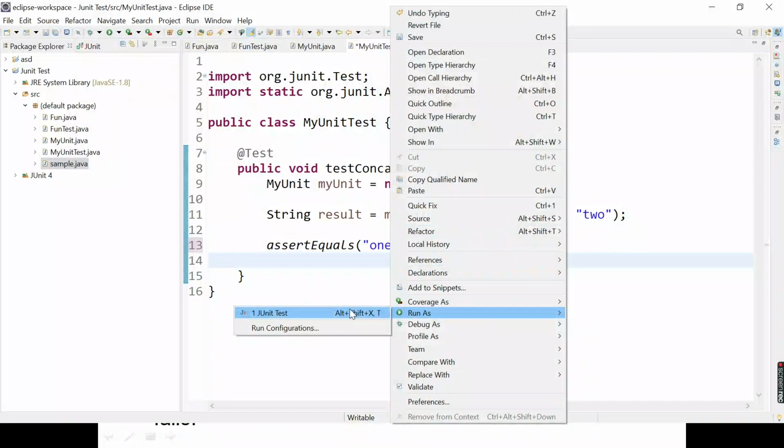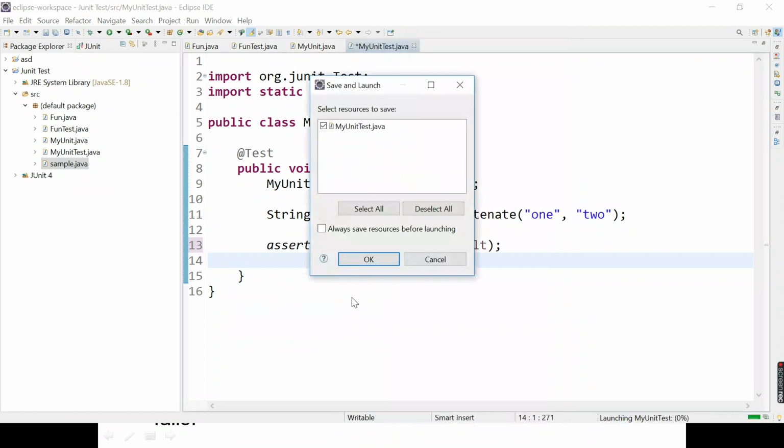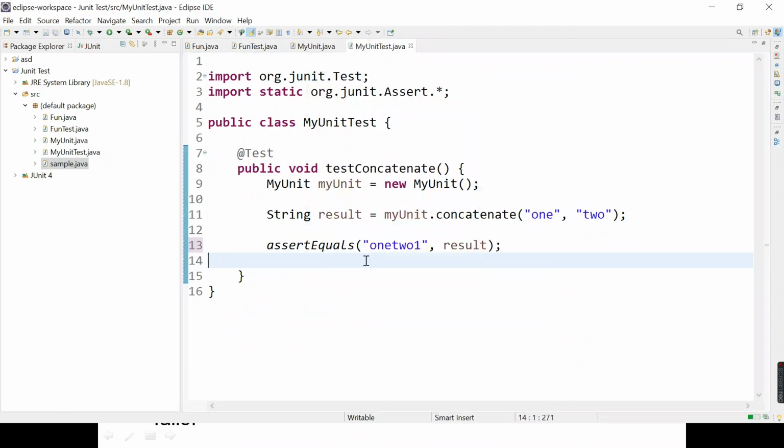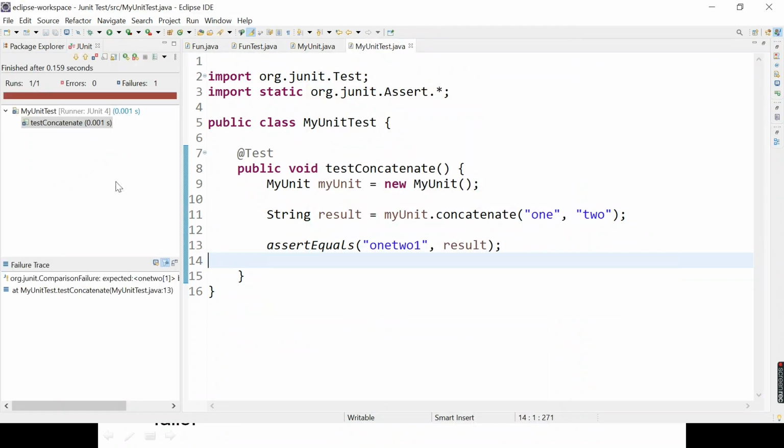If you run this program, it will not run as a Java application. It will run as a JUnit test case. If you run this and say OK, you get the output as failure 1. Here we have finished the test case: runs 1 out of 1, errors are 0, and number of failures are 1. Right?